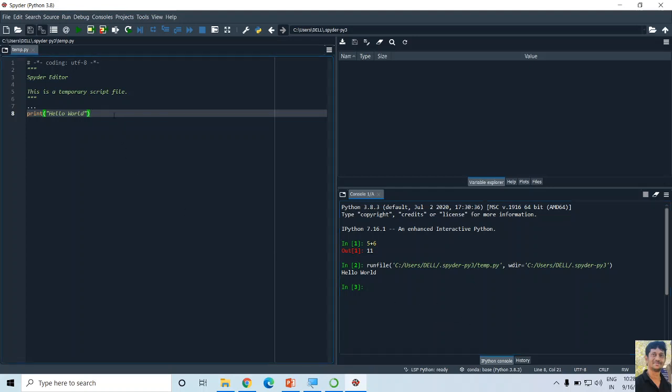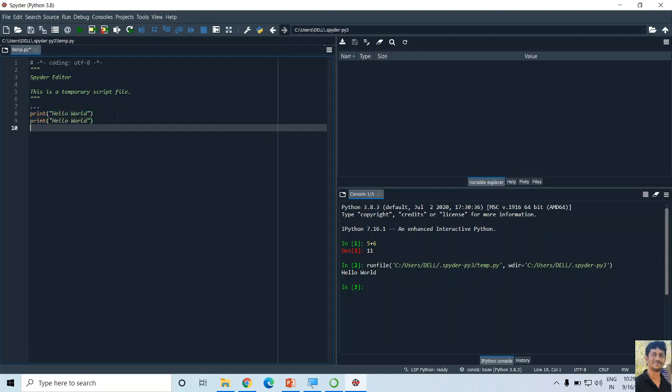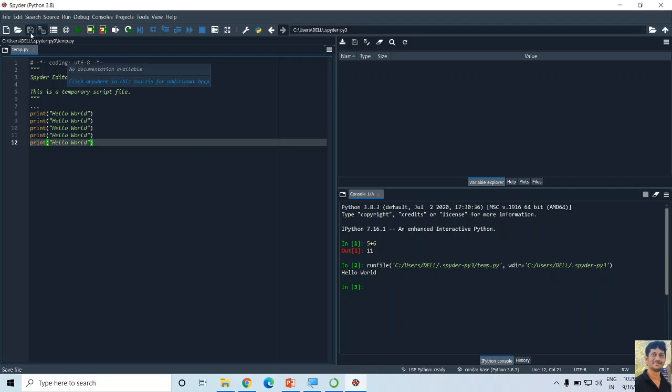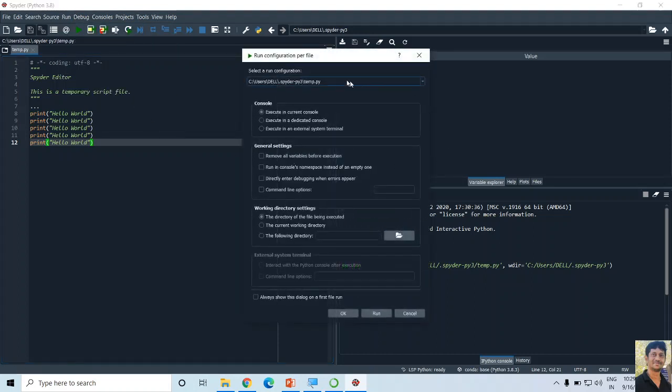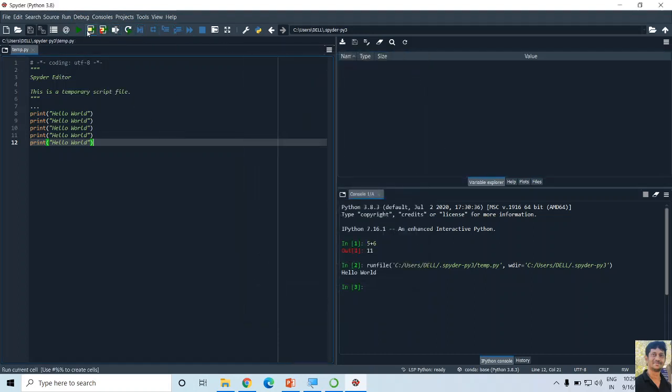As I told you, you can write many multi-line statements here. So I'm going to copy this. Let me write multiple statements. After that, I need to save the file. Now either I can go to the Run option and click under that, or you can click on this button. This is going to execute the statements, and the output will appear on the IPython console.